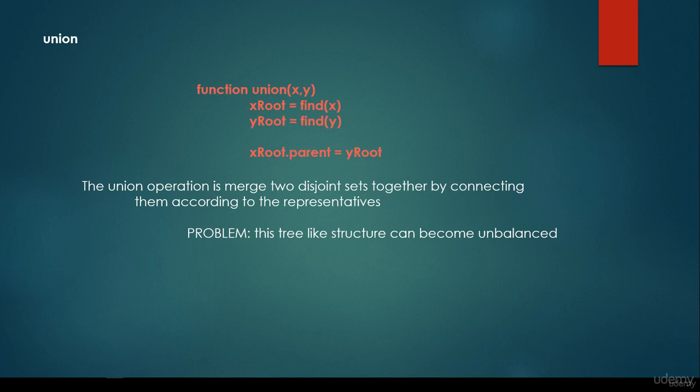So far so good, but then several problems arise. For example, this tree-like structure can become unbalanced. And I'm not sure whether you are familiar with data structures, but that's why binary search trees are not good data structures, because they can get unbalanced. And when they are unbalanced, then the operations are going to be very slow. So we have to rebalance them, and this is why AVL trees and red-black trees came to be. And this is the same for here. We come to the conclusion that this tree-like structure can become unbalanced.